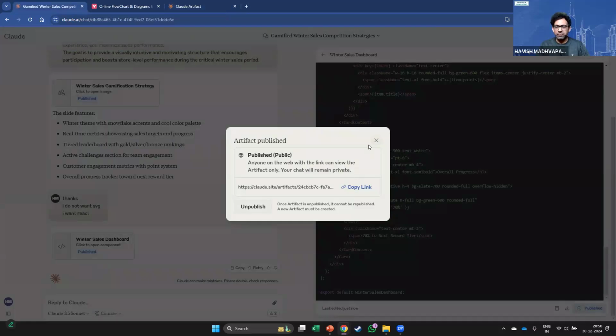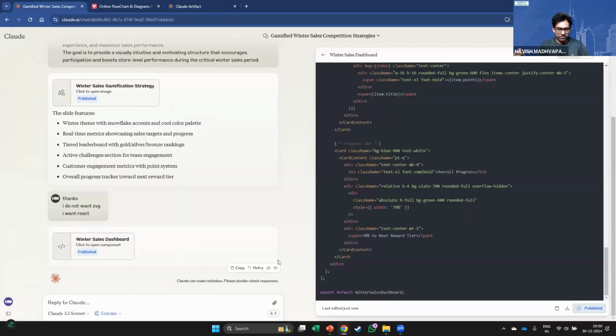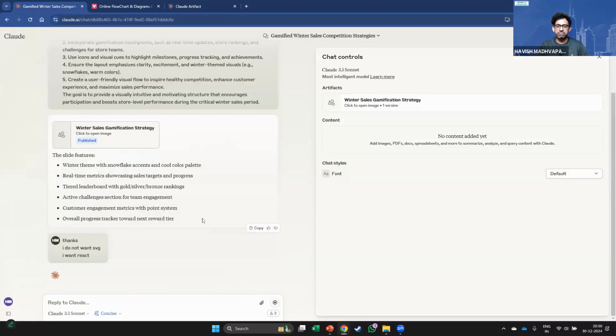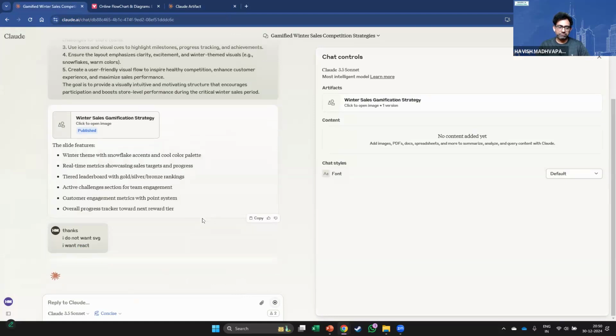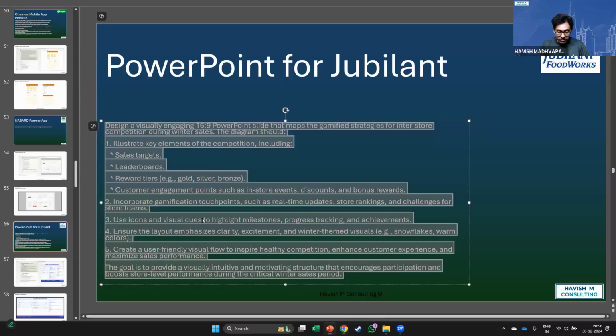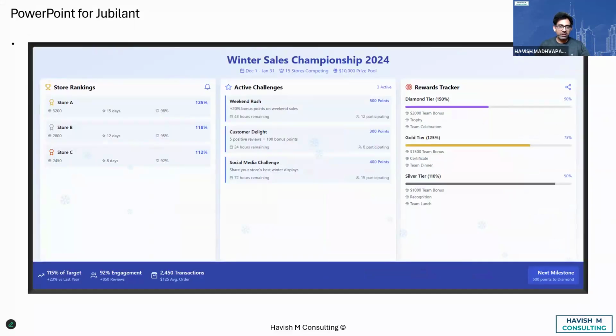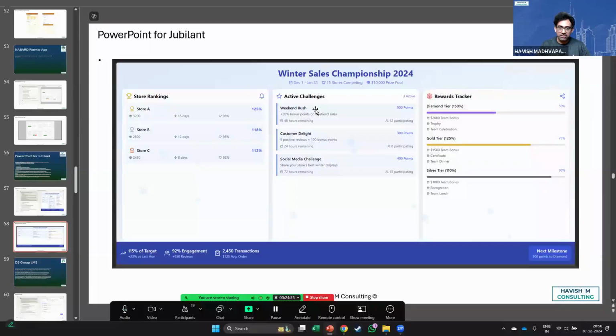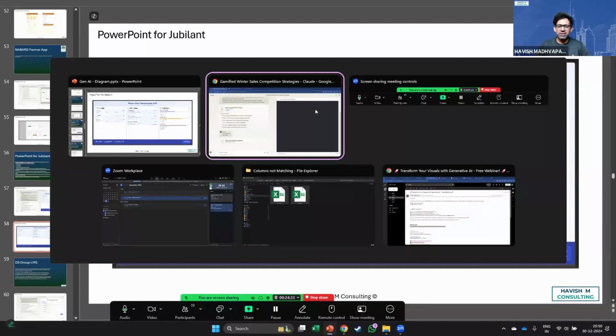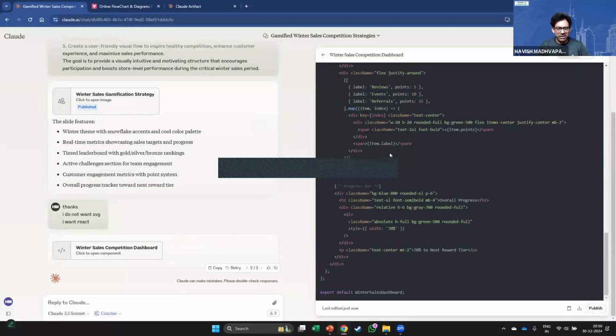Again, like I said, let me retry once again. I know it will work because I've already tried it before, and this is what I had got. Beautiful, right? Nice title, KPIs, subtitle, colors are perfect. Look at the numbers at the bottom, the next milestone. I used the same prompt as earlier, and like I said, you just have to try it a few times.